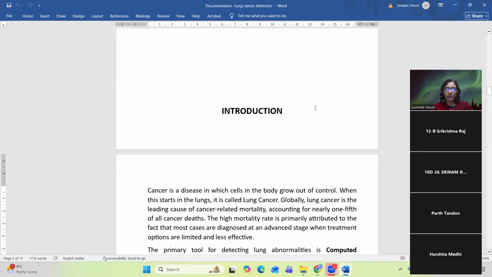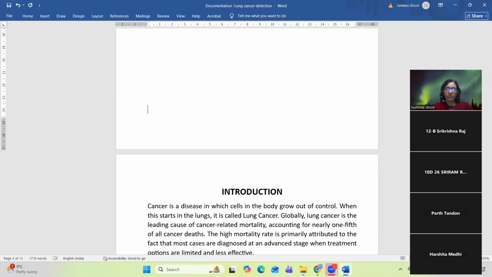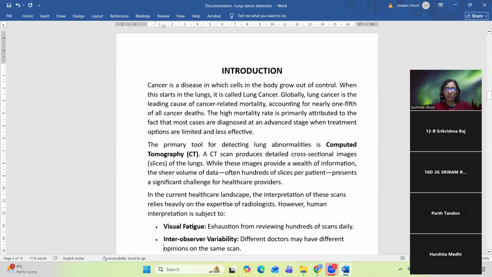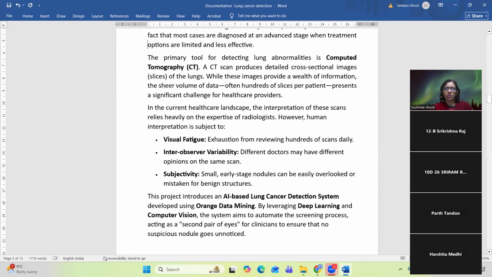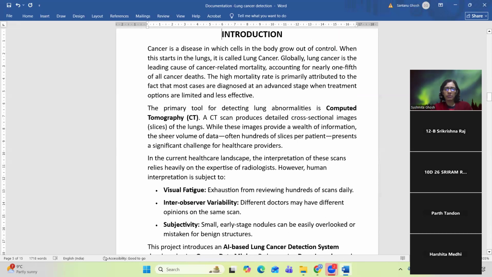Let's move on further. The next page is the introduction. Here, I've just basically discussed what lung cancer means, how it is affecting globally, and how exactly lung cancer detection is done in the manual scenario. So CT scans are done, and then based on those images, the radiologists and the doctors are able to